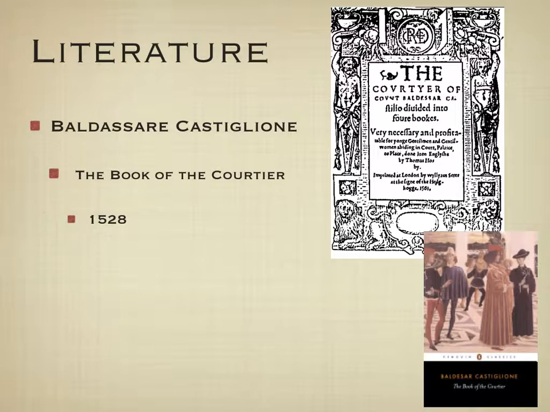Also very interesting at the time is the text here. This is Castiglione's The Book of the Courtier. And what happened is we have a monarchy government, and the lives of Renaissance men and women were that of the courtiers, and this is the upper classes. And basically, you've probably heard the term being a Renaissance man. Well, that means that a Renaissance individual should not just be trained in one area, but you should be well trained in many areas. The arts, literature, dance, you should be able to easily converse on a wide variety of